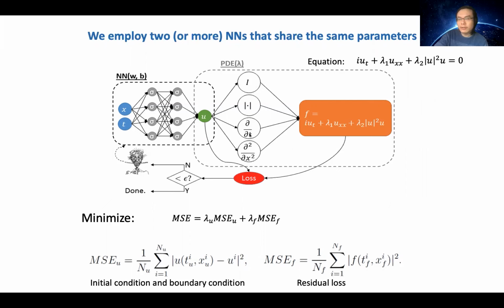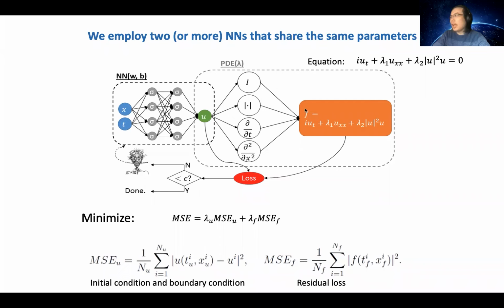This is totally different from traditional classic numerical methods like finite difference and finite volume, because there you calculate the derivative using a numerical scheme. But now we are using auto differentiation. Maybe I should give a quick introduction of auto differentiation. Basically, because we have an analytical expression of the neural network, we can use the chain rule to calculate the derivative. So auto differentiation is just another word for the chain rule, I should say.